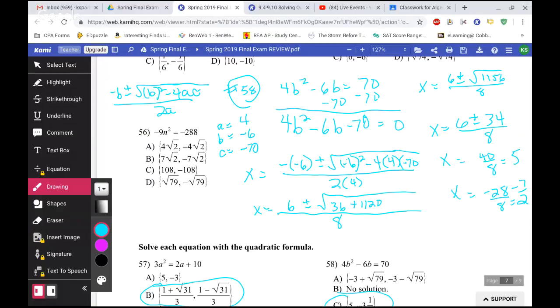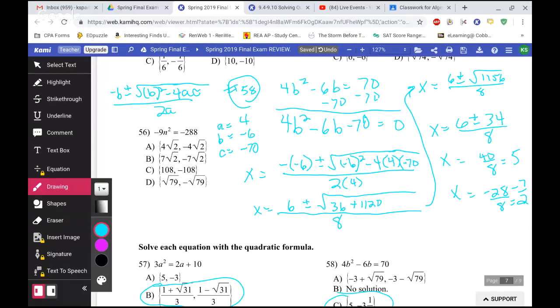Okay. After the previous step, x equals 6 plus or minus the square root of 36 plus 1,120 over 8. Then I don't know what to do. Okay, I added 36 plus 1120. And that got me 1156. And I went up here. Okay, right there. All right. And then sweet Samantha, as I was getting ready to factor, sweet Samantha reminded me that